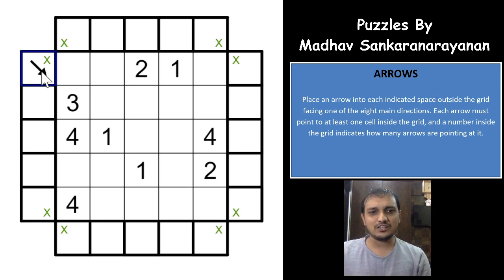So which means that this will either be this way or this will have to be this way, and which indeed will give you that this cell cannot be pointed by any other arrows, because it is pointed by either this cell or this cell, and this one is also pointed by this cell or this cell, which means that all other cells pointing at this one can be eliminated. What an excellent logic, which means that this cell cannot point towards the one now. You'll have a cross here, you'll have a cross in the straight line here, you'll have a cross here, and this cell will also be pointed by either this arrow or this arrow, which means you'll have a cross here, here and here, and here as well.